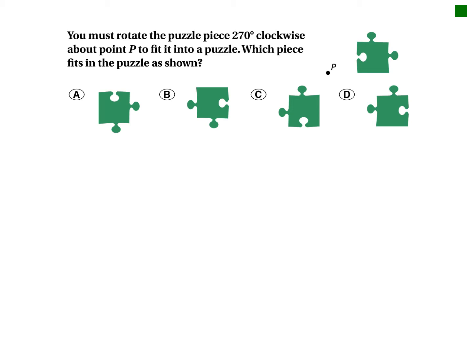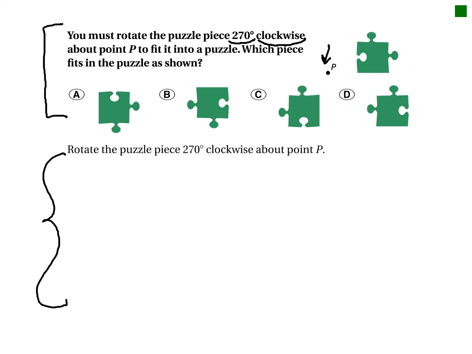All right, let's go ahead and go through a rotation with an example. You don't have to write this part down, but it's super important that you write down the degrees of rotation that we're going to talk about here. Okay, you must rotate a puzzle piece 270 degrees. Super important to know how many degrees and what direction you are going to be turning your paper, clockwise, about the point P, here's your point P, to fit it onto a puzzle. Which piece fits the puzzle shown? So if we're going to rotate it